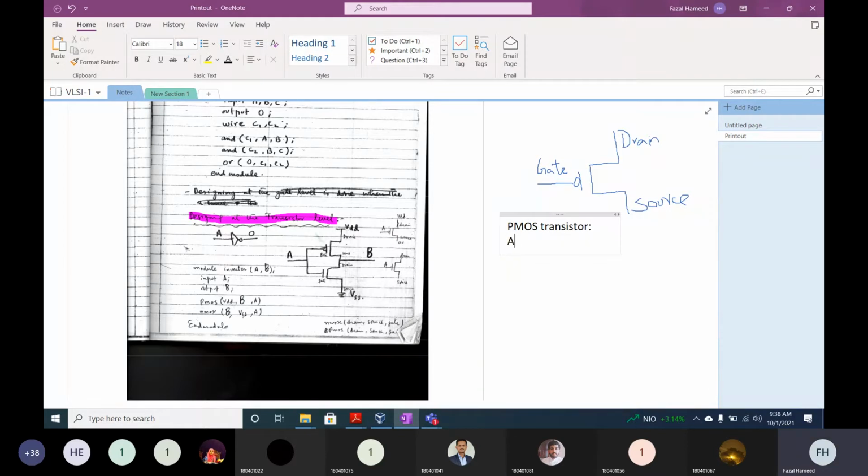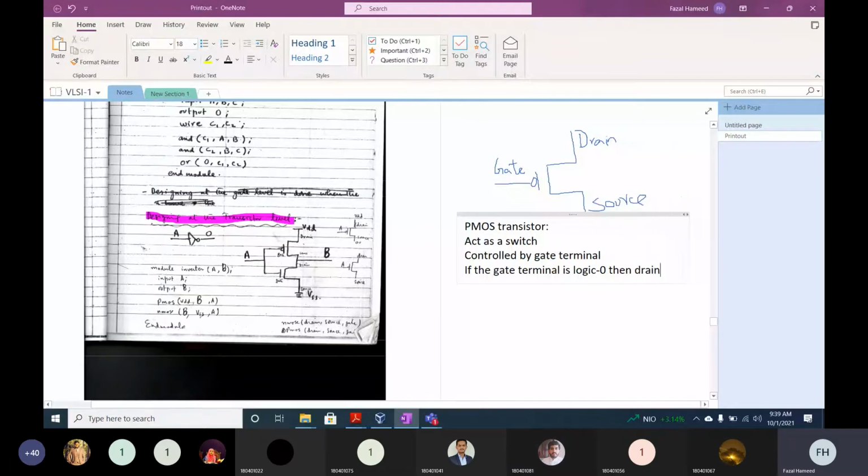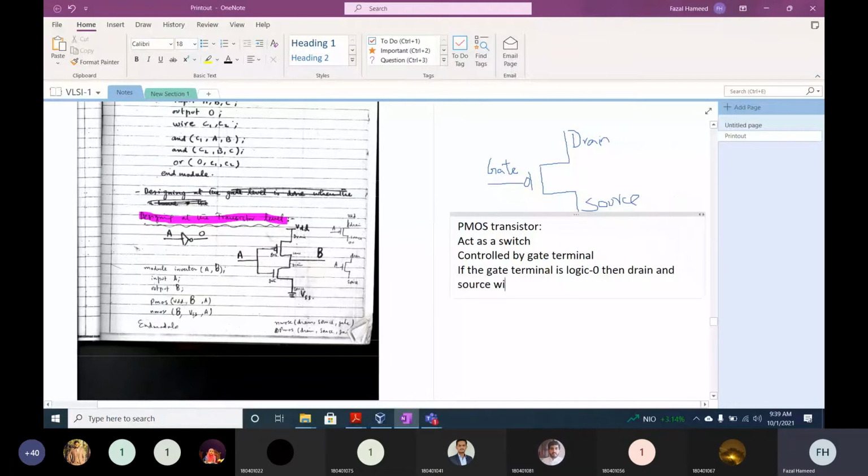It is controlled by the gate terminal. If the gate terminal is logic 0, which means ground, then drain and source will be